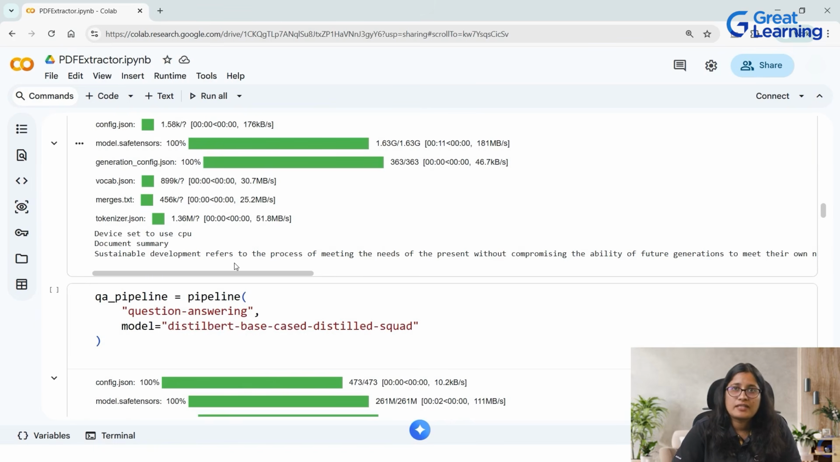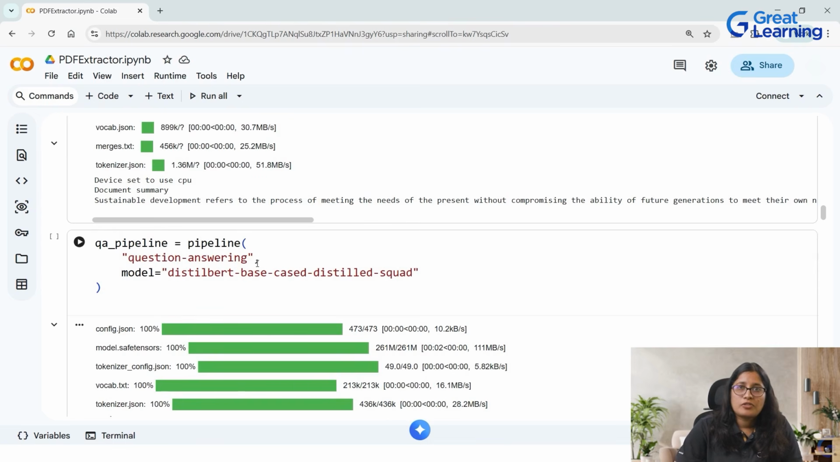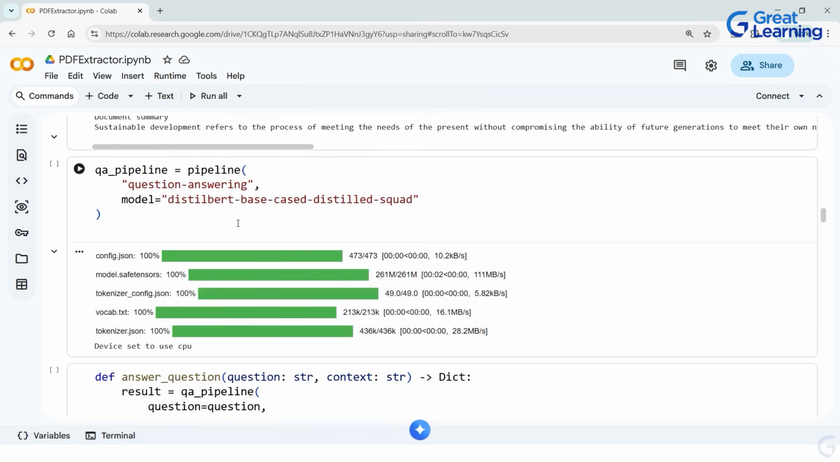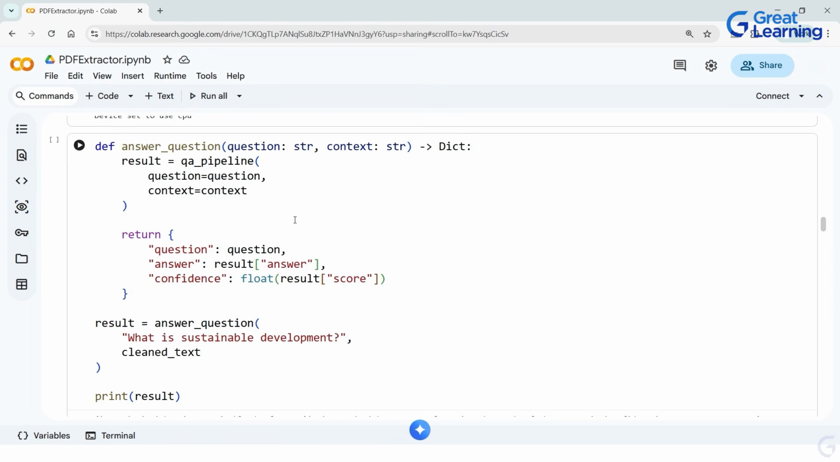So with the summarized document, we're now ready to implement question answering. Here, we've used a pre-trained model for question answering. The model will answer questions based on the content of the document. We load a pre-trained question answering model using the Hugging Face pipeline. Here, the answer_question function takes a question in the context of the document text and uses the model to find